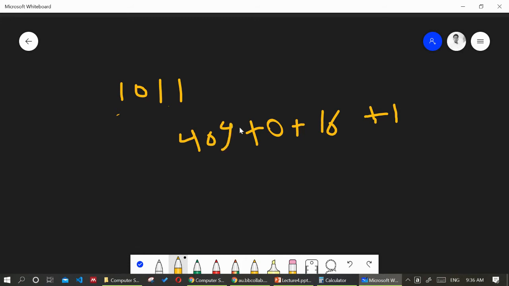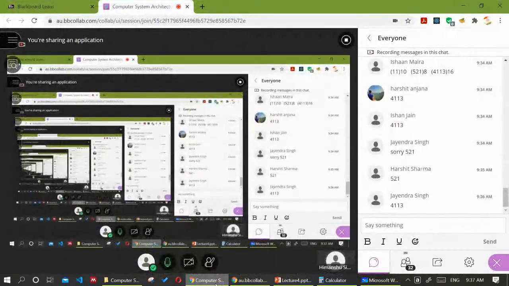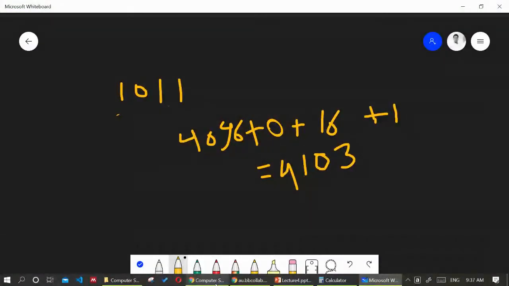So the sum will be 4113. Okay, yes, 4113.